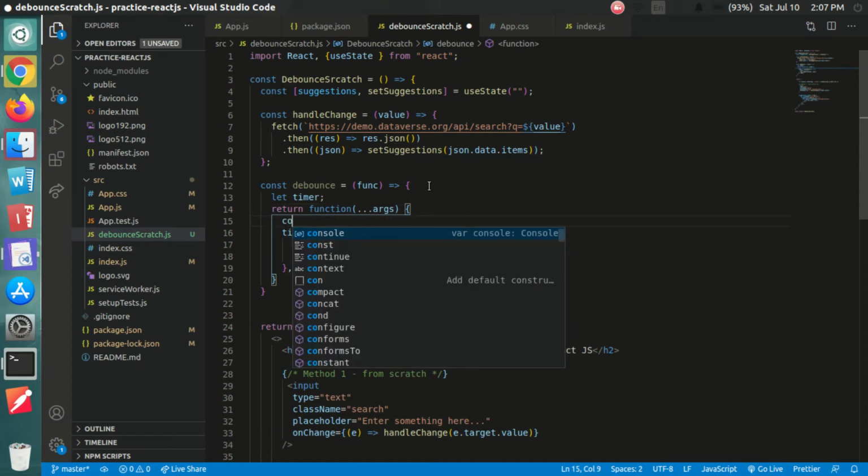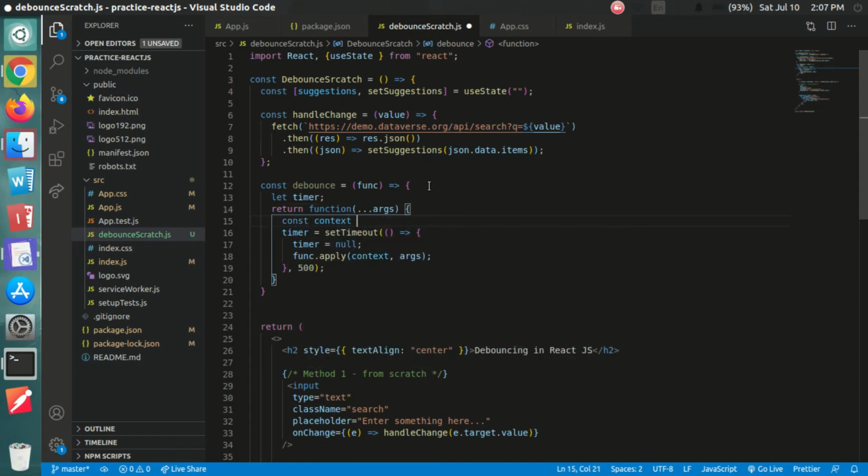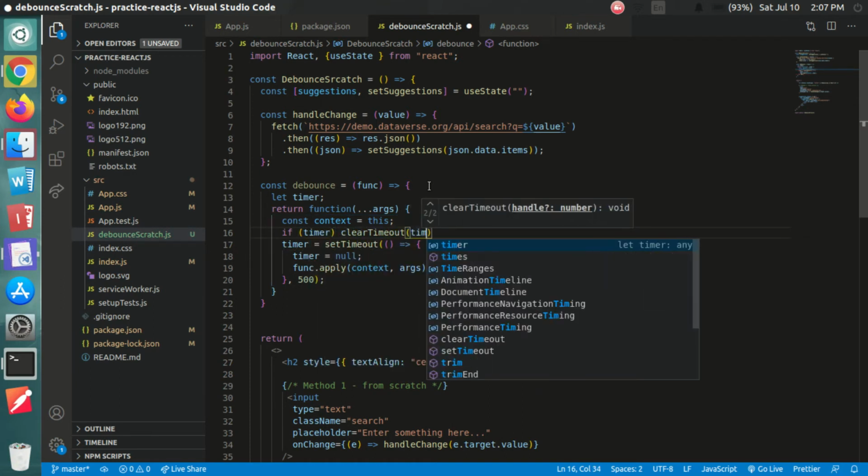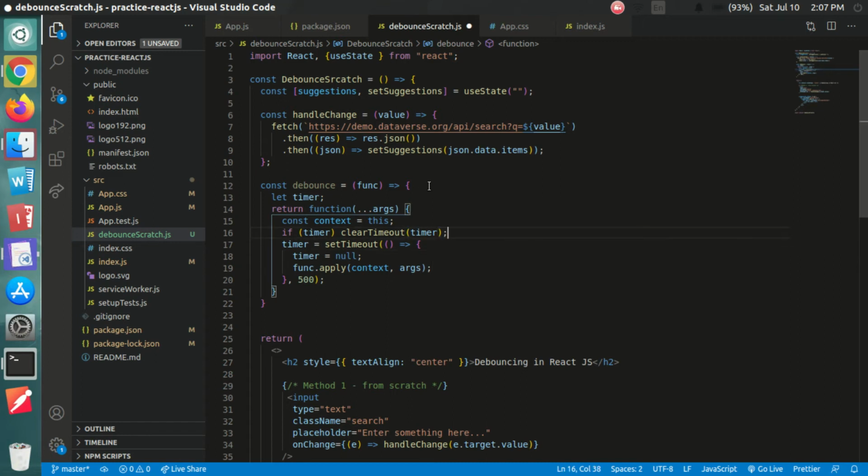So const context equals this, and if the delay between these two keystrokes is less than 500 milliseconds, then we have to clear this set timeout. So we'll do that with the help of clear timeout method. So if timer, then clear timeout timer. So this is our simple debounce method.